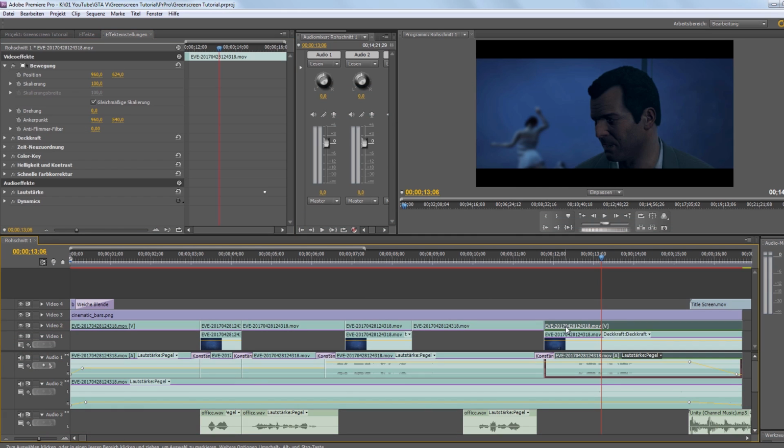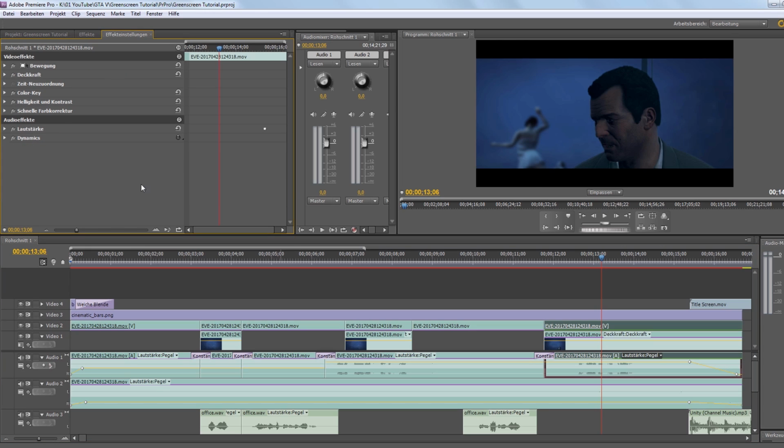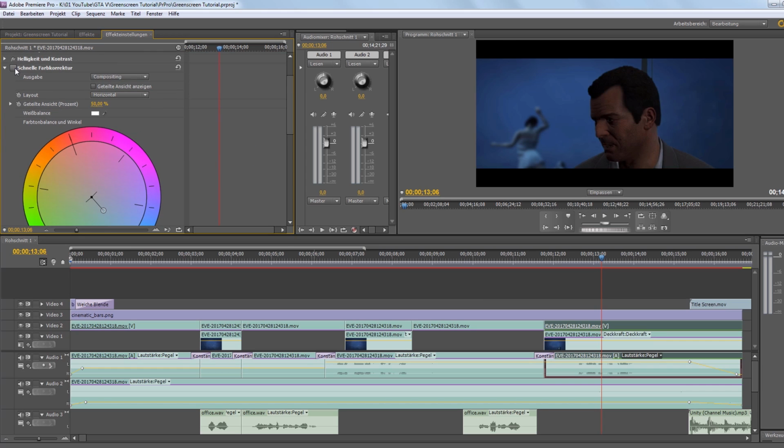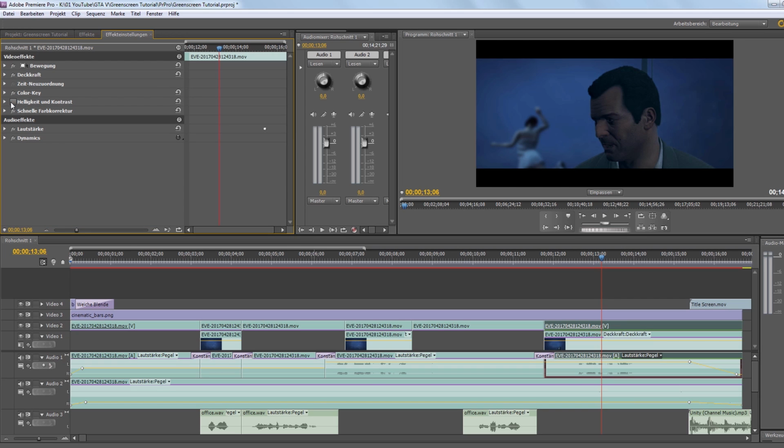Now to match up both layers of your footage, background and foreground, you will also have to do some color grading. In the opening clip the office was underwater. That's why I added a blue tint to the front layer so it would look more convincing as if they were actually underwater. This is an essential step to successfully working with green screens.